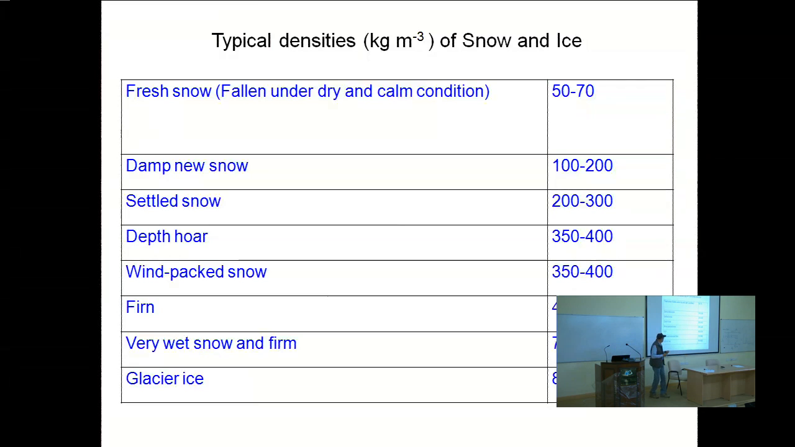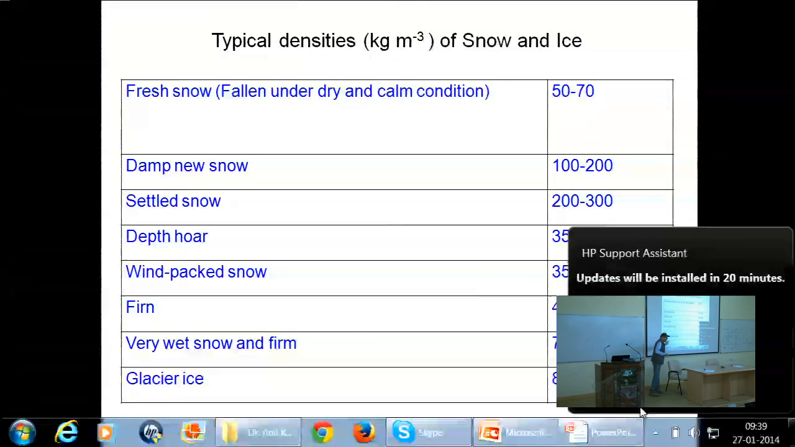Another critical question is firn. Firn is an intermediate stage in converting snow into ice. You can see that there is a huge difference between fresh snow and glacial ice. This is not going to happen overnight. It happens over a period of time, depending upon which part of the earth you are in. If you are in Antarctica, this process may take 100 years, and if you are in the Himalaya, it can take place in a couple of years. Why there is so much difference, we will look into that. But this is an important thing for us to